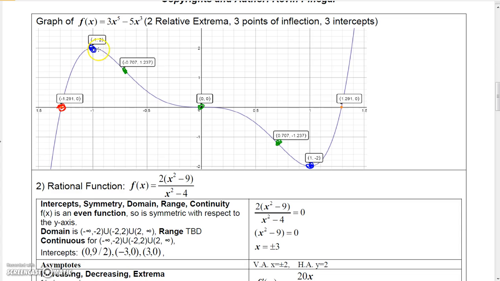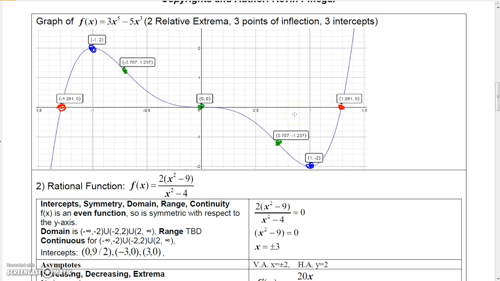Remember, it's decreasing from negative 1 to 1. So it's decreasing, and it's concave down. Then it switches to concave up, and then at 0 it changes from concave up back to concave down. And then at positive square root of a half here, it changes back to concave up. And at 1, it switches from decreasing to increasing, and then it goes through this other point, which I forgot to label, but that's the other